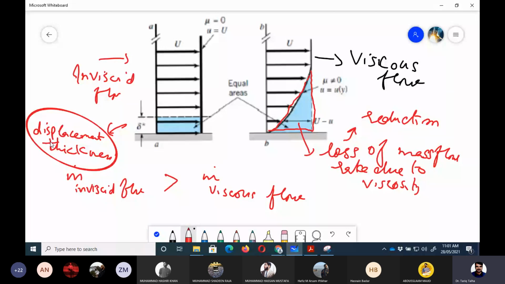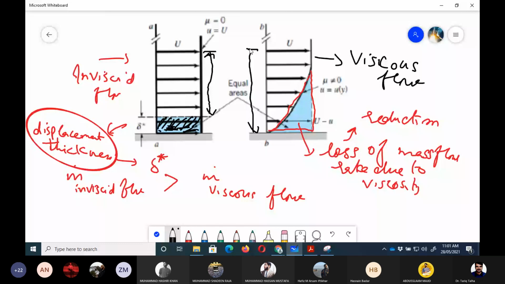Displacement thickness, and we denote it with the parameter delta star. So that is the thickness of the plate which needs to be increased, because if we increase this plate thickness, so let's suppose that this is also kind of a solid region here, so it means that there is no flow here. So now this is the distance from the flow is happening, right? And for the viscous flow, this is the region.